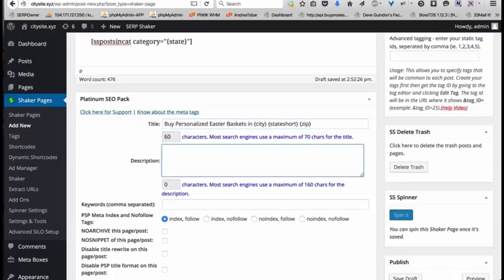Same thing with the description. Looking for customized Easter baskets in city, state, get.